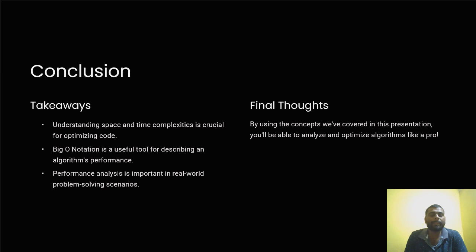Conclusion. Takeaways: understanding space and time complexity is crucial for optimizing code. Big O notation is useful for describing an algorithm's performance. Performance analysis is important in real world problem solving. Final thought: by using the concepts we have covered in this presentation, you will be able to analyze